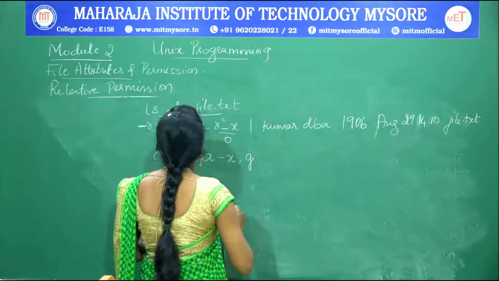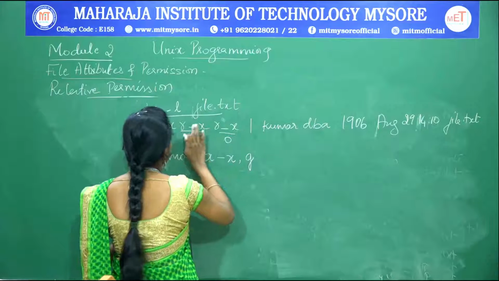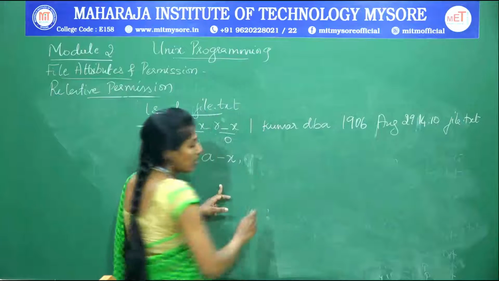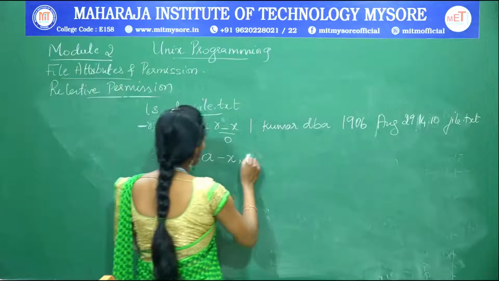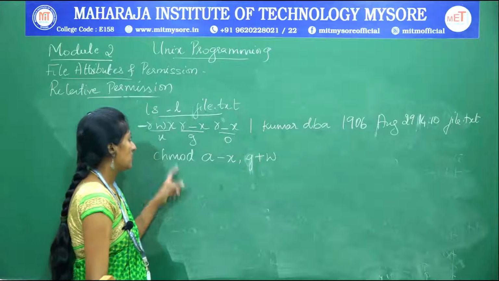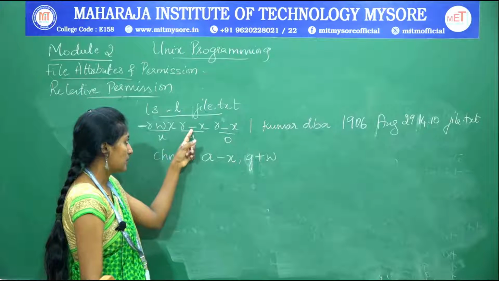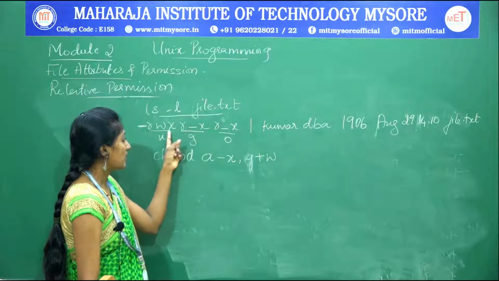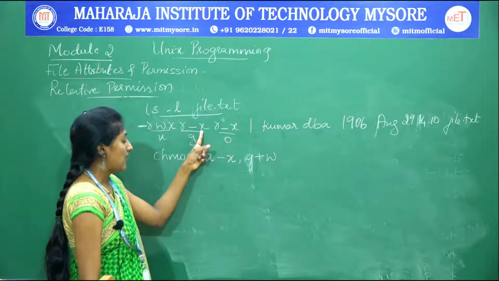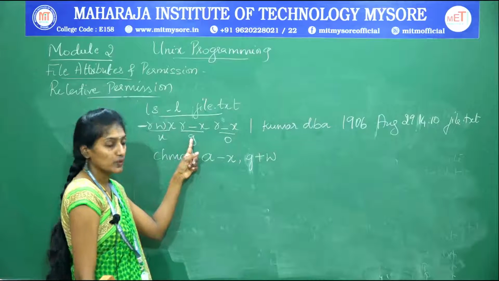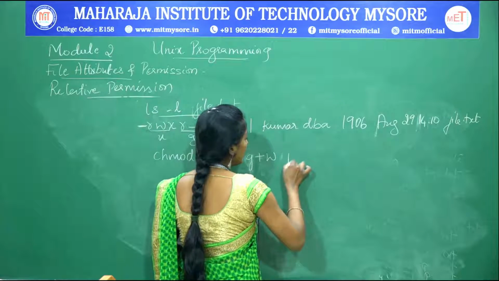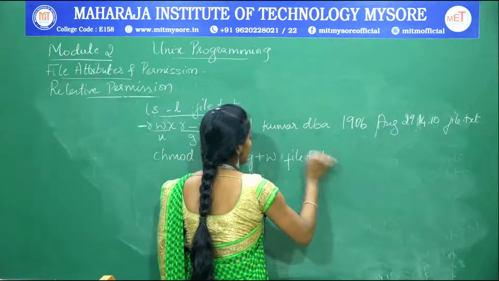Next, assign what? Let me assign the write permission only for the group. For the group, I am going to assign the write permission. So for all the 3 categories I have the execute permission, so I am removing it. Next, I am assigning the write permission for group. So you have provided 2 multiple expressions here, for the file.text.